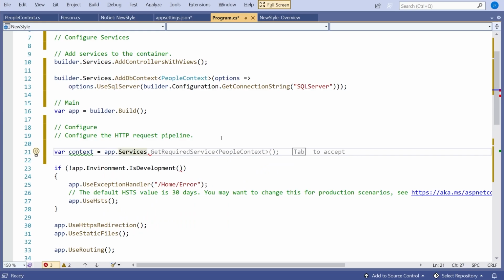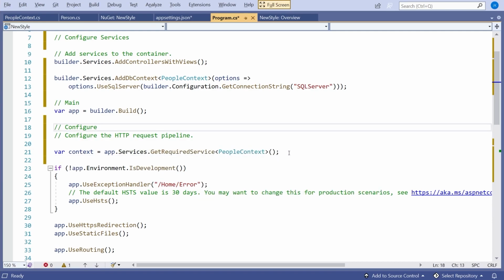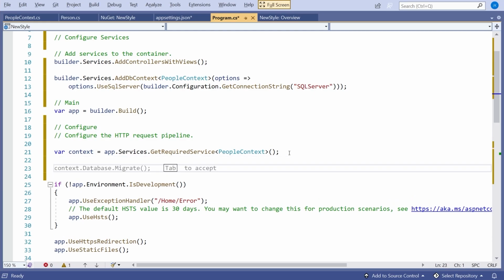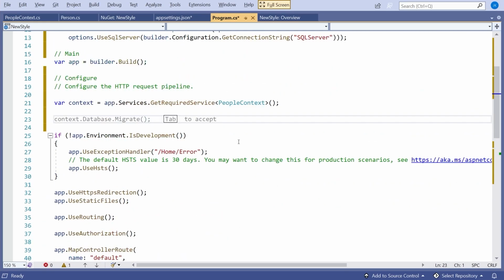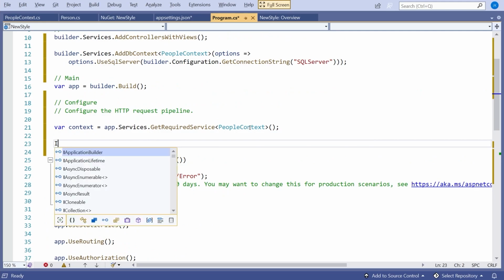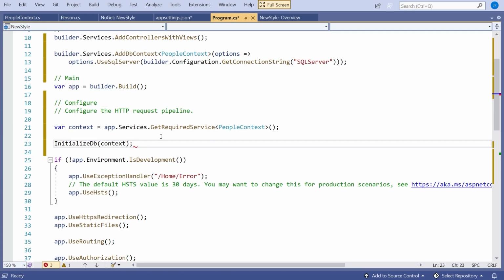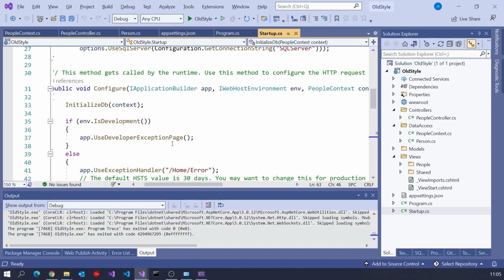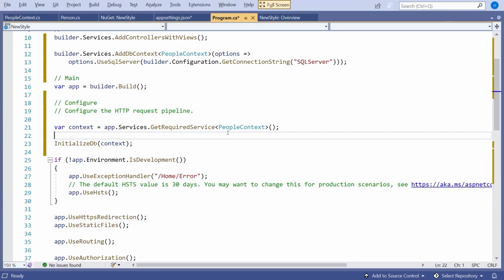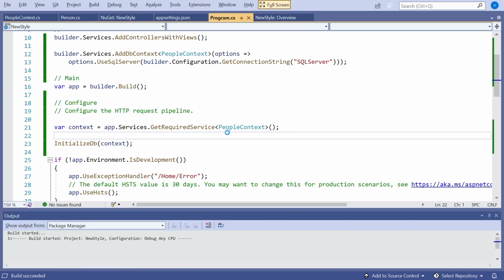So there we've got services, and in fact, remembering this from last time I did it, we've got this GetRequiredService. So if I just do a GetRequiredService on that, and then I can just pass that into the local function initializeDB. So if I just say initializeDB and pass in the context, then that achieves pretty much exactly the same as we had in the original one, where we had it injected and then we initialized it. But let's run that up and see what happens.